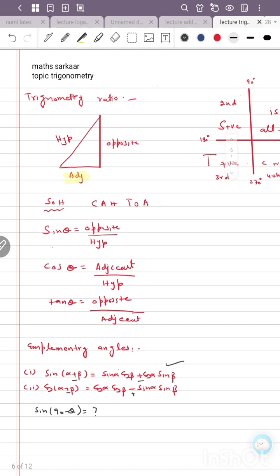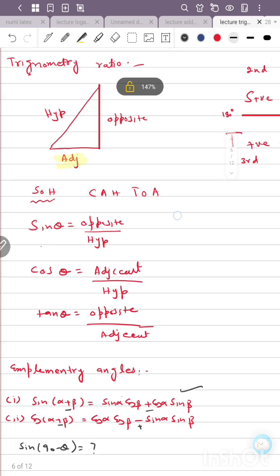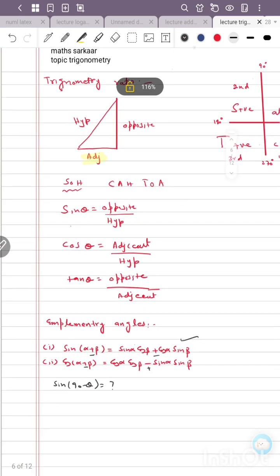Okay, dear friends, we have to discuss the topic of trigonometric ratios. What are trigonometric ratios? We have discussed these trigonometric ratios in our O level syllabus. Okay, dear friends, this is our opposite, and in the triangle this is our hypotenuse, and this highlighted side is our